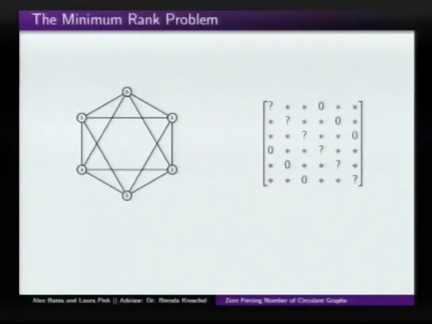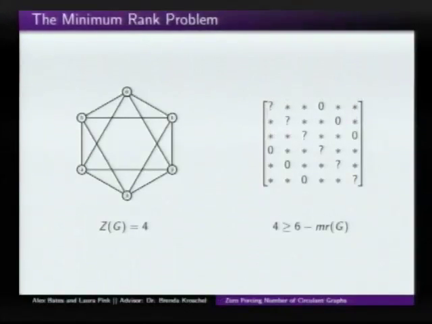So in this case, what we're showing you is a graph and the specific zero non-zero pattern associated with it. And we can compute on this graph the zero forcing number, and we find that it's 4. You need at least 4 vertices starting blue to color the entire graph. And knowing what we stated earlier, that the zero forcing number is greater than or equal to n minus the minimum rank of the matrices associated with it, where this is a matrix associated with it,